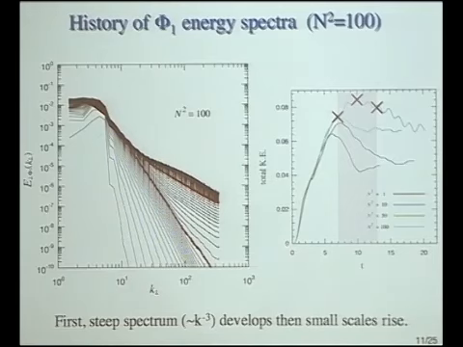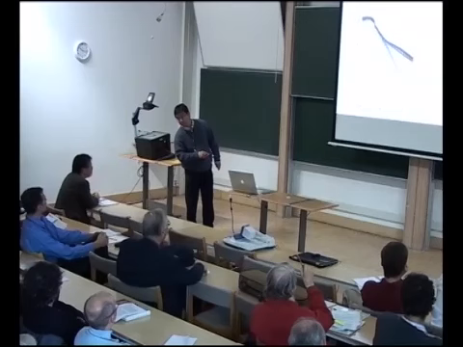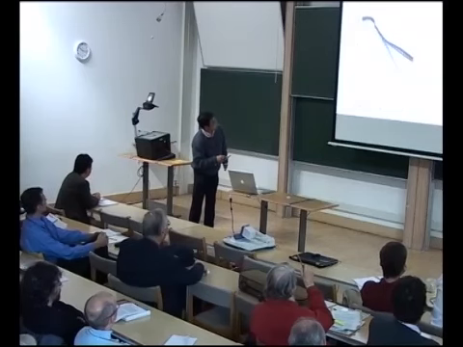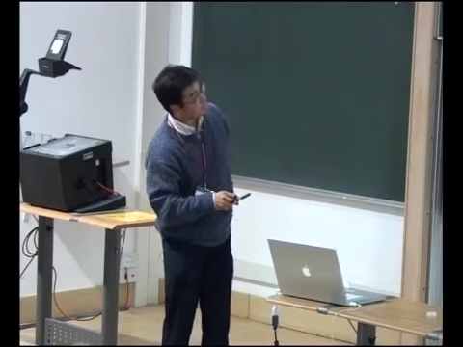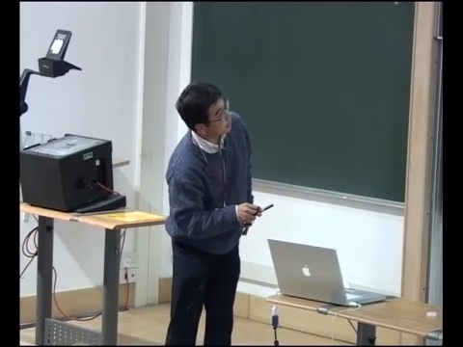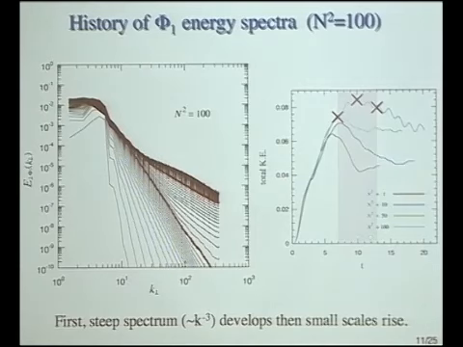At t equals 0, it's 0, but as energy goes up, we see the development of energy spectra. At the marked time, 7, we see a very steep energy spectrum. At the marked time 10, we see that some small scale part rises. And at time 13, it's fully developed